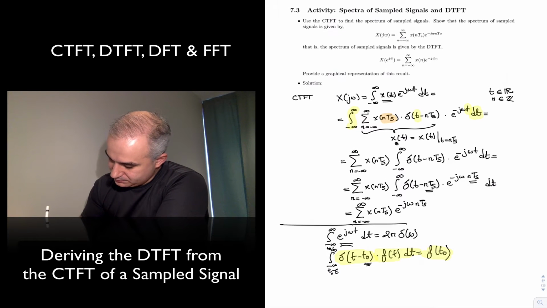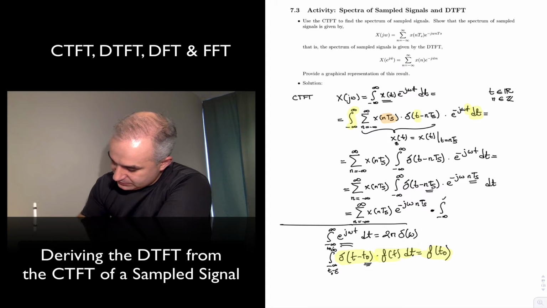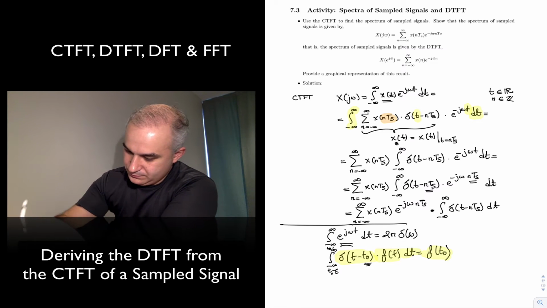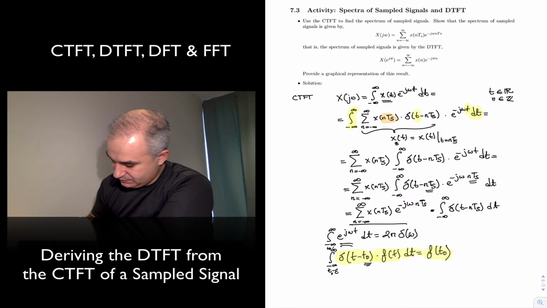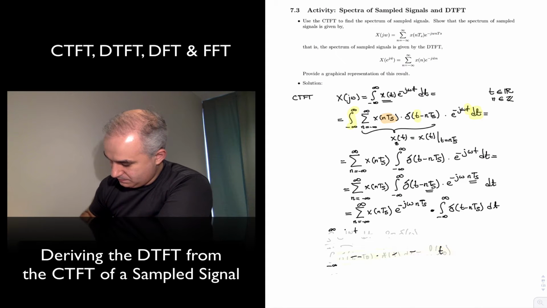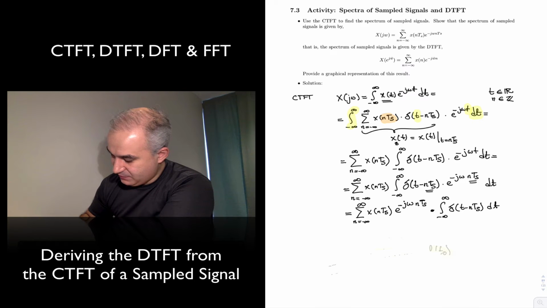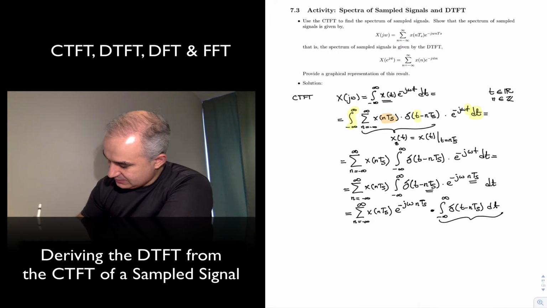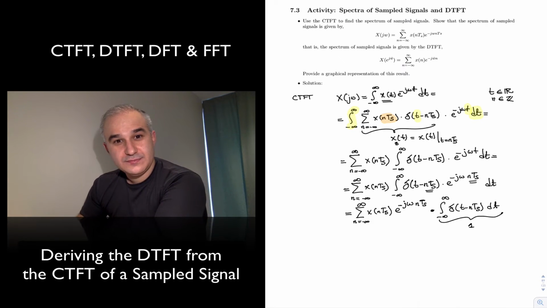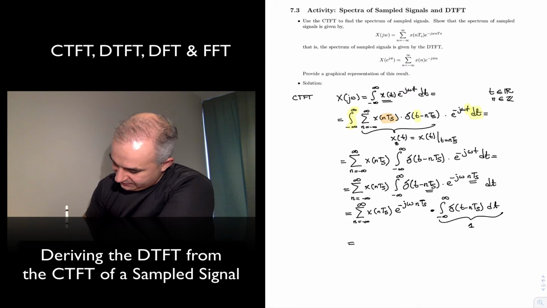Right? And we are just left having to integrate the impulse. Take this out. And so what is the integral of an impulse? What is the area under the impulse? By definition, this is equal to 1. Right? And so what we have here